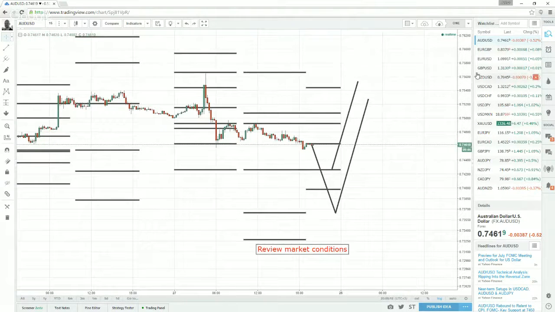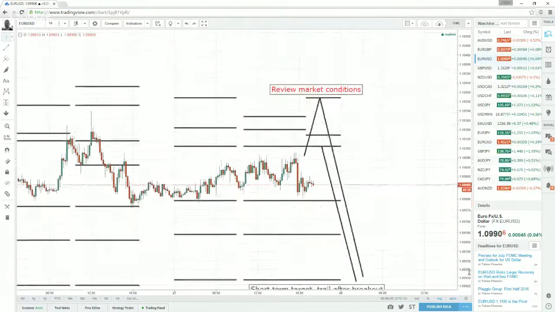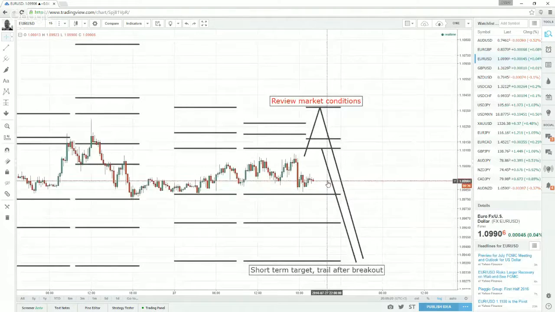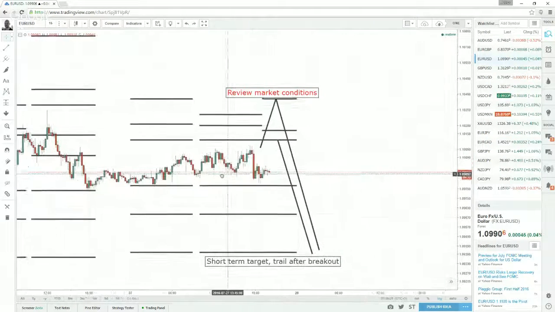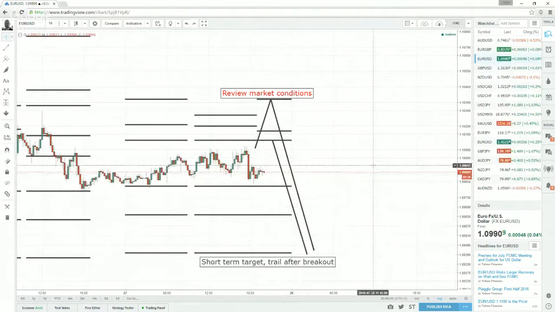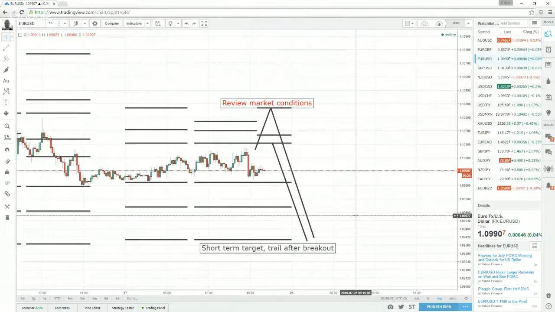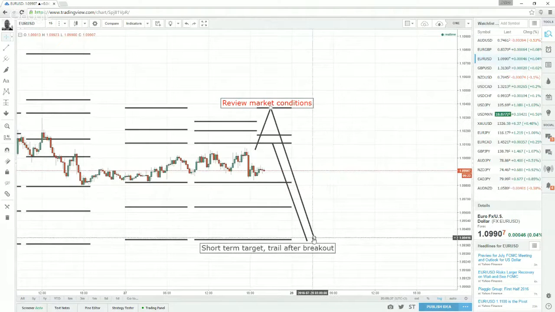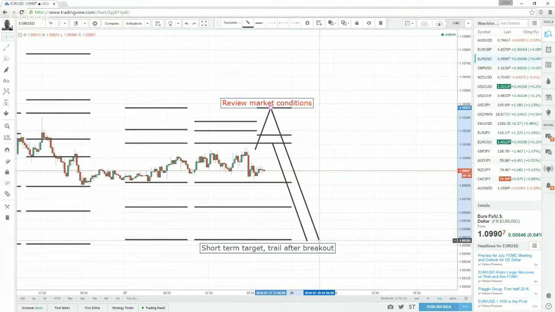So what can actually happen? Let me switch to euro dollar at the moment. It will be very volatile. As you can see, the price has been in a range for 2 days actually. Something very nice is going to happen today. Lots of money to be made here. Hope that we'll all be in there and making money, not losing this time.